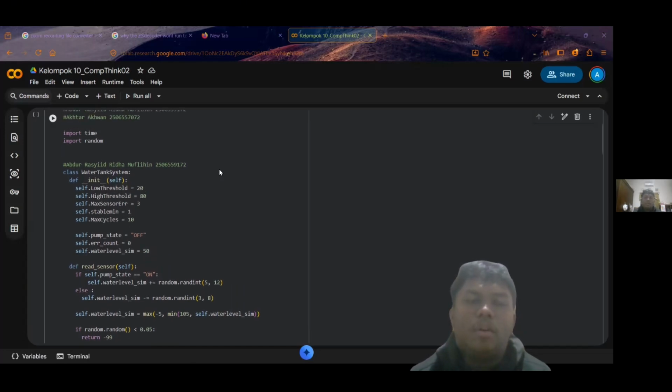Welcome to our code walkthrough of our automated water tank filling system. First of all, let's start by checking our main class, which is the water tank system. Inside the initialization method, we have the parameters of our code, which determine the logic of our code,